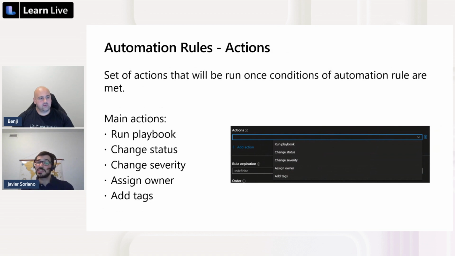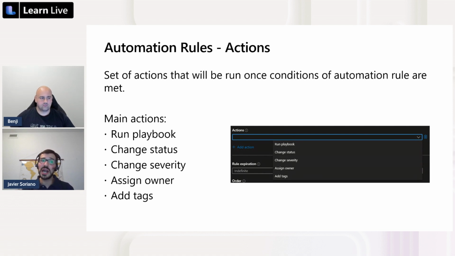Cool. And then we have the actions. So what are the actions that we can execute from the automation rule? So again, when the trigger happens, when the conditions are met, then the actions execute. And these are the 5 different actions that we can execute. First of all, run a playbook. So run a playbook is the one that opens up a lot of possibilities, right? You saw in Benji's demo just a glimpse of what you're able to do, right? And he was just using a single connector for Sentinel. But again, you can interact with many other tools, utilizing all the different connectors that we have for many different systems, right? So run playbook is one option, opening up a wide range of possibilities.